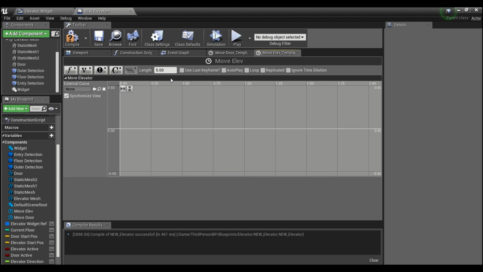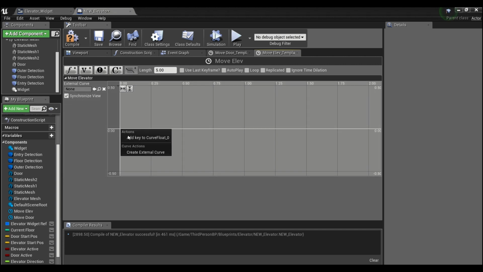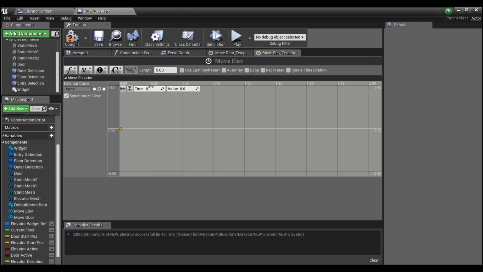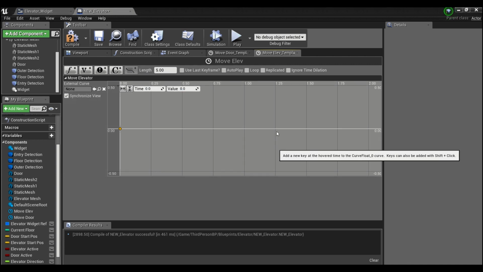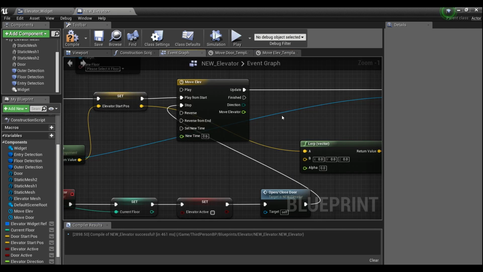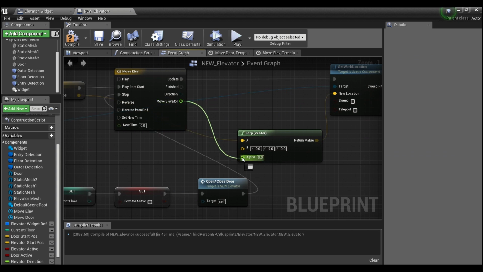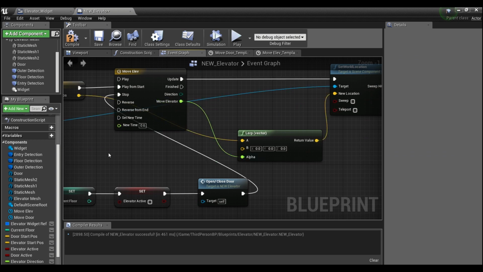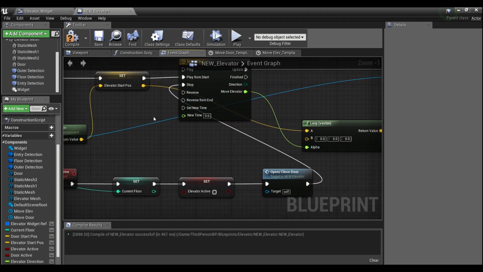Move the elevator, and we'll leave this at 5. So right click and say 0, 0. And the last one we want to be 5 and 1. And we can plug this into the alpha. So we're going to take the start position,